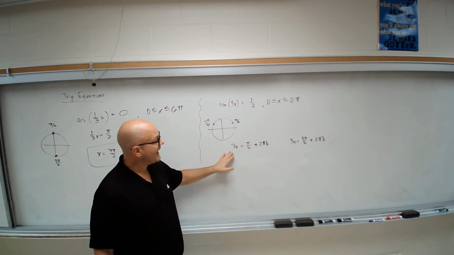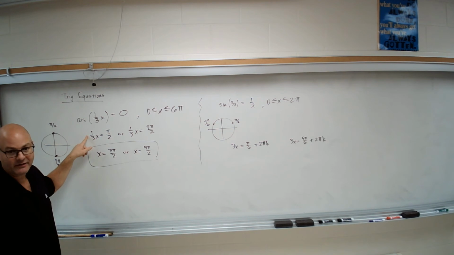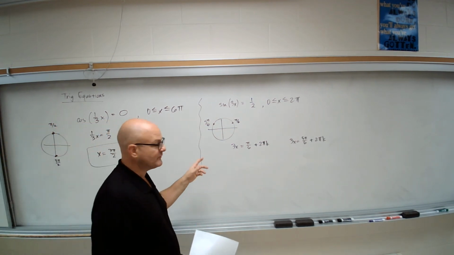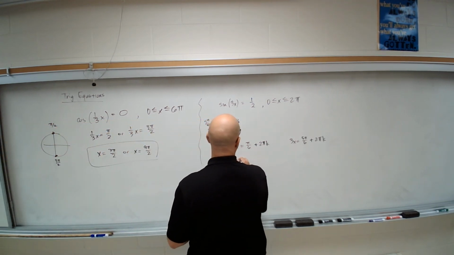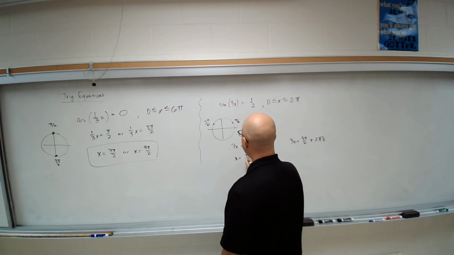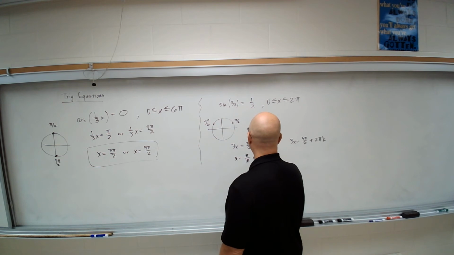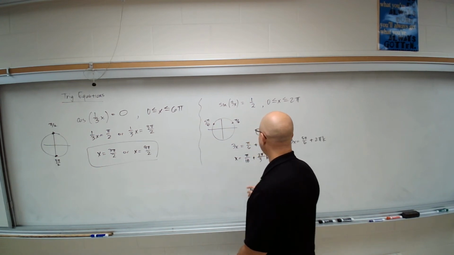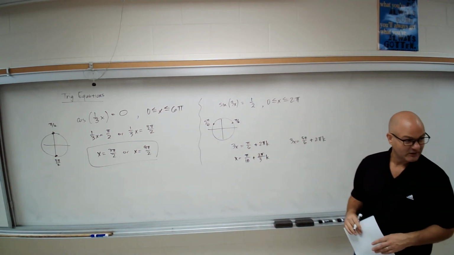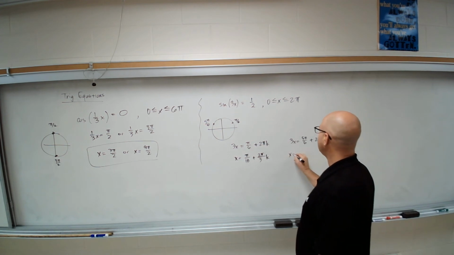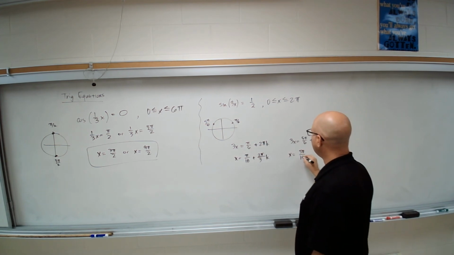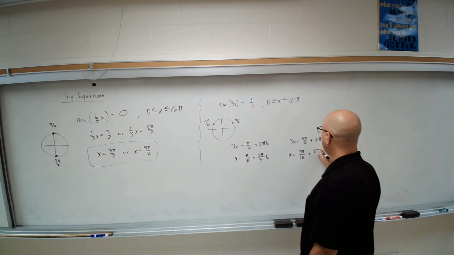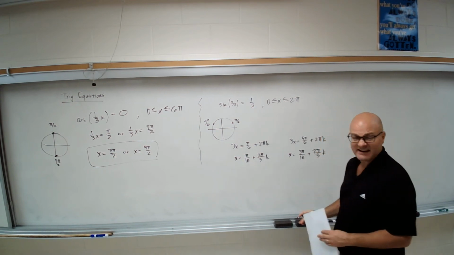Now once you've done that, so it didn't matter here because of the 1/3, which pushes things out. This needs to push things in. So here we're still going to multiply by 1/3. So we get x equals pi over 18 plus 2 pi over 3 k. Just kind of scary looking, right? And then we get x equals 5 pi over 18 plus 2 pi over 3 k,